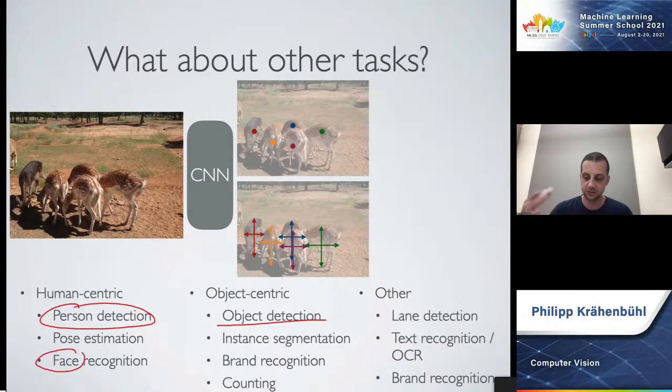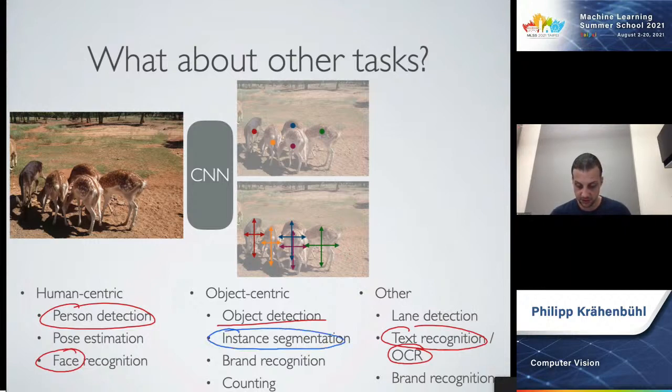this is again just object detection with a different label. The same for text recognition or OCR. It's object detection, but with a different definition of the object class. Now, there are lots of tasks that are not directly object recognition, but they can be built on top of detected objects. The simplest one here is instance segmentation, where once you have an object or a box of an object, you can then go and crop out that region either from the original image or from the feature map of the CNN.